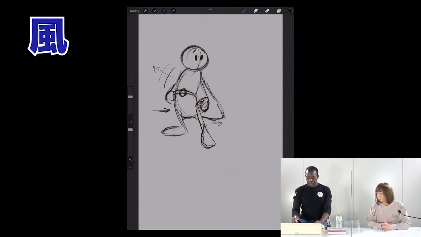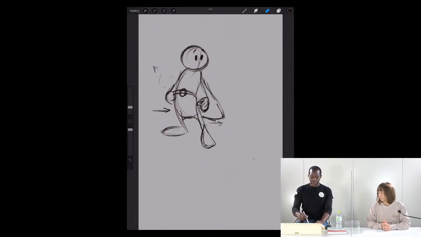Now, if there were no forces working on it whatsoever, the cape most likely would look something